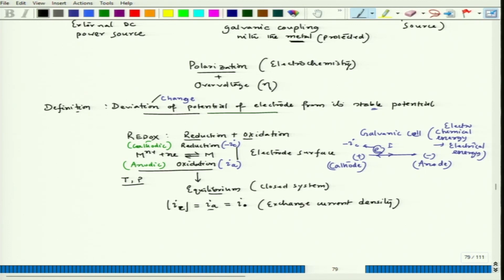Fine. And IA is basically positive current, because this indicates the line current. And why are you taking small i? It talks about current density, and we know that the rate is proportional to current density. If you go back, you will see, for example, if I try to find out the corrosion rate, the corrosion rate would be,